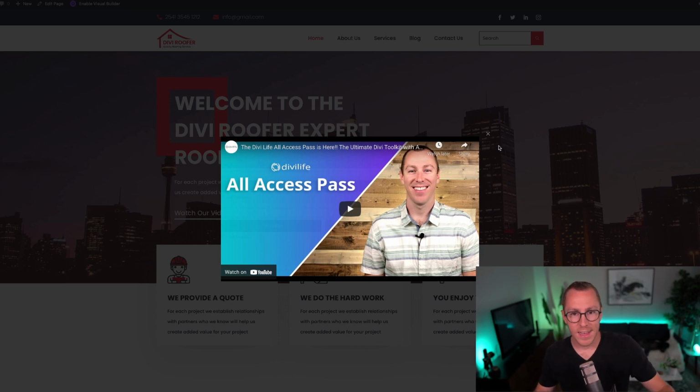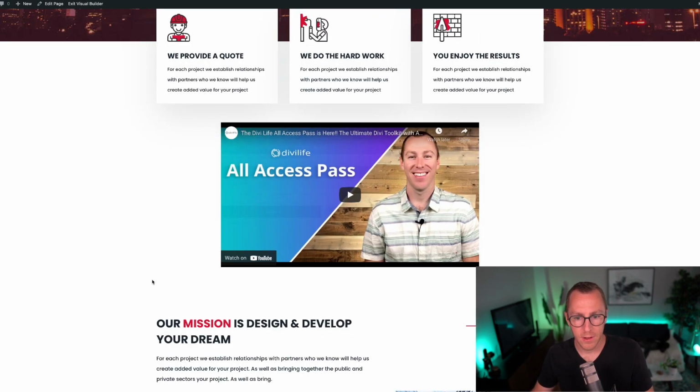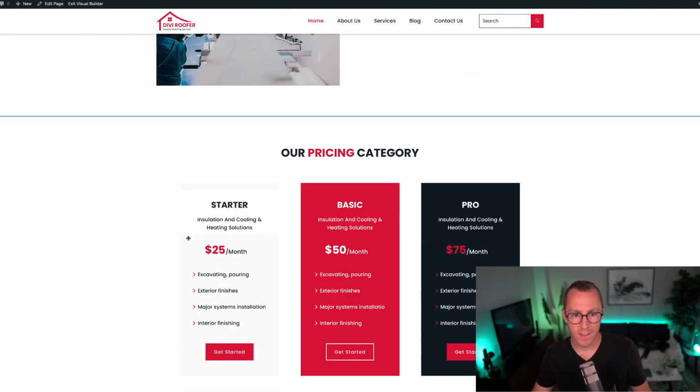And so you can see how easy it is to make a module or a row be a pop-up using this method. So super, super cool, super easy. So I'm going to close that. We'll leave that example. And then let's go on to the second one, which is turning this price section into